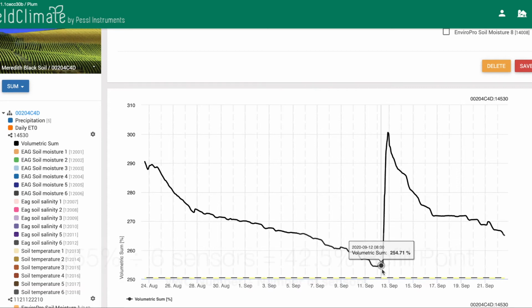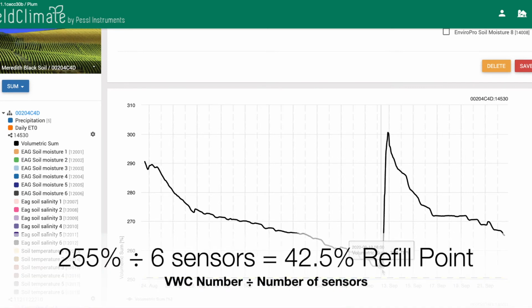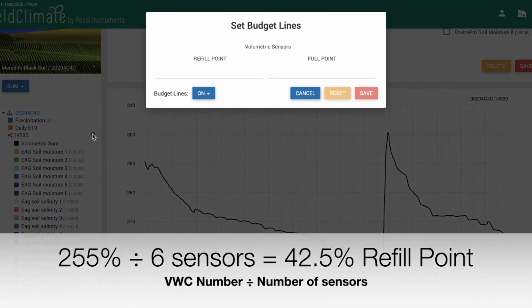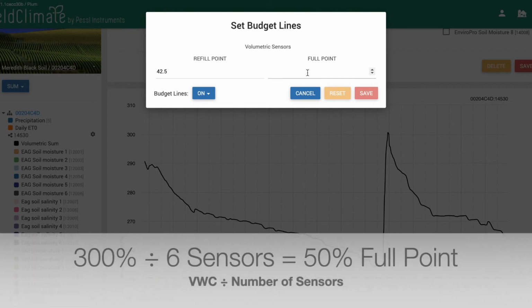This probe has 6, so in this instance we would do 255 divided by 6 to bring up 42.5 for the refill point. So again, 255 divided by 6 to bring up 42.5, and then the full point was at 300. We do 300 divided by 6 for the 6 sensors in the probe. If it was an 8 sensor probe, we divide it by 8, and then the full point would be at 50. Then we hit save,